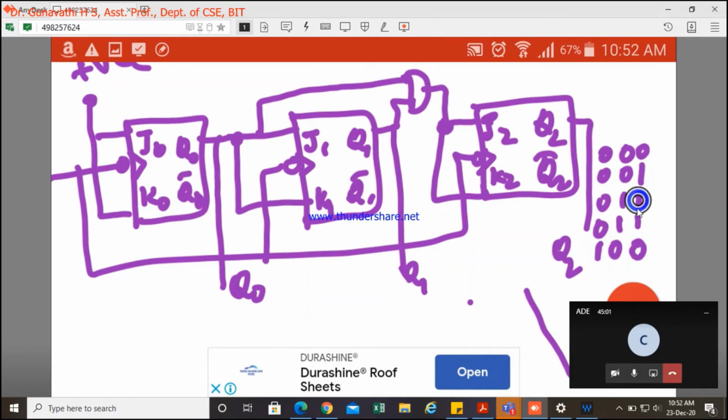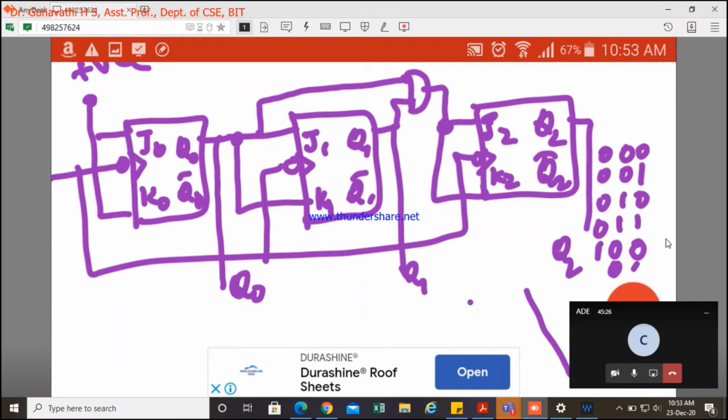Next, again these things will repeat in the first two stages, you know that. So you can just write 0 0, 0 1, 1 0, 1 1. But here again you will never get this condition of 1 1, so there will not be any change. In all these stages it will retain 1 1 1. So we are able to have the count 0 0 0 to 1 1 1.